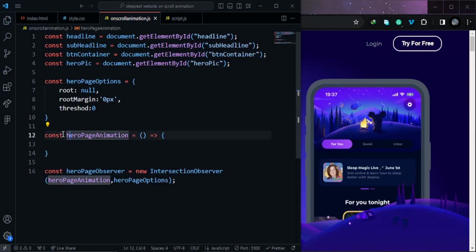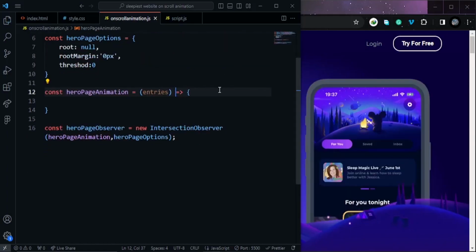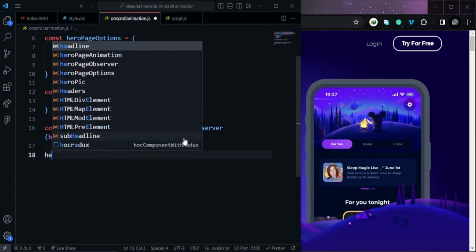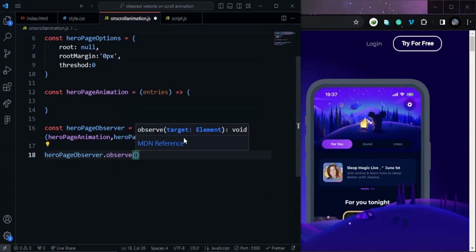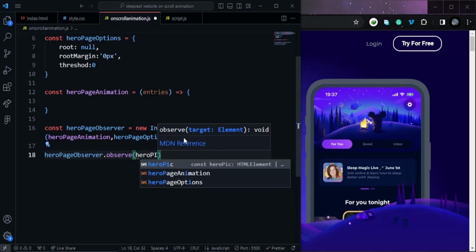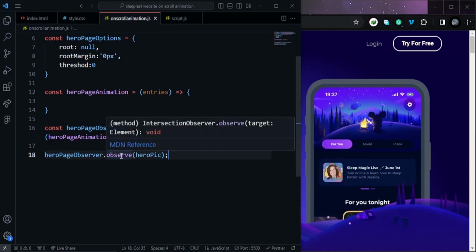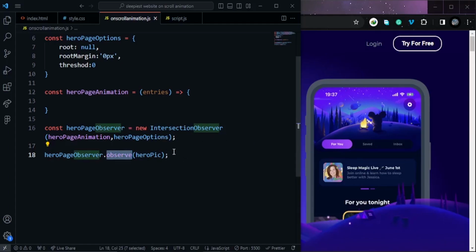This callback function is called if the target element reaches the threshold percentage. This callback function accepts one variable, entries. Inside this, first let us give the hero pic observer. Observe when the hero pic element intersects with the device's viewport. When the hero pic intersects with the device's viewport, it returns the entries. And these entries contain,